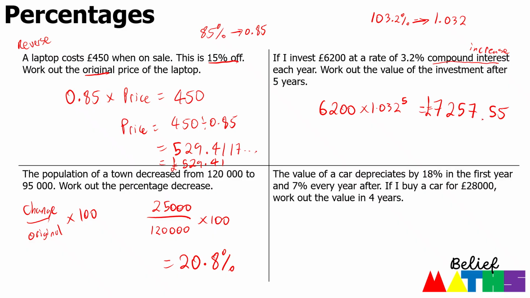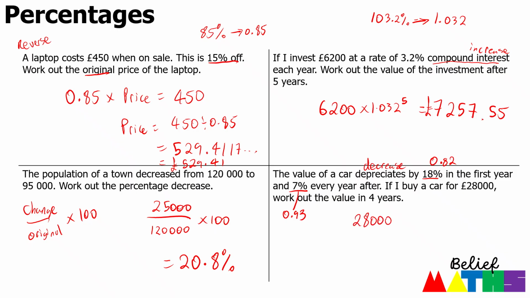Finally, it says the value of a car depreciates. So depreciation is just a decrease. So it means it goes down in value by 18%. So an 18% decrease, we'll use what we've done before, that's 0.82. And then 7% every year after that. So that's a multiplier of 0.93. So if I buy a car for £28,000